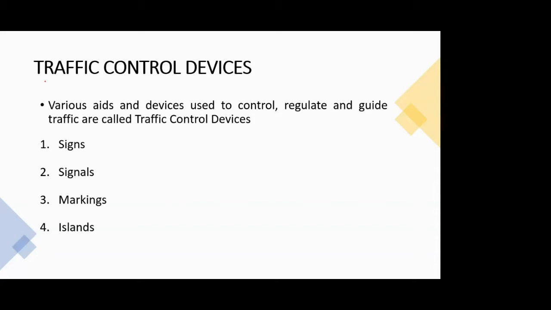Now, coming to the main discussion for today: traffic control devices. Traffic includes vehicles and people, pedestrians, passengers, and drivers, so it is of a dynamic nature. We have seen in the traffic characteristics that there are a lot of road user characteristics, like vision, hearing, reaction time, and environmental, mental, and psychological factors, and all kinds of branches. So if you have so much variation on any road, how do you control this traffic?